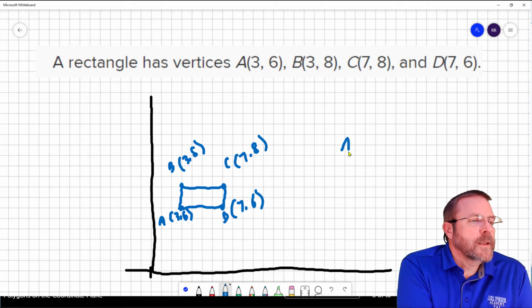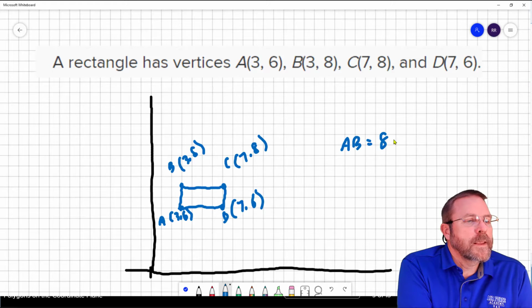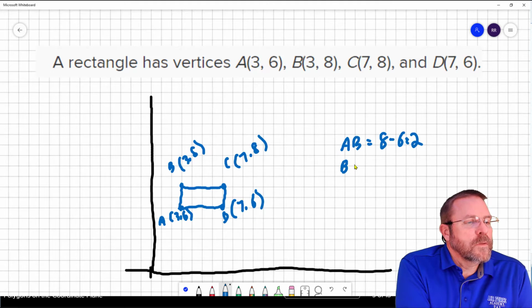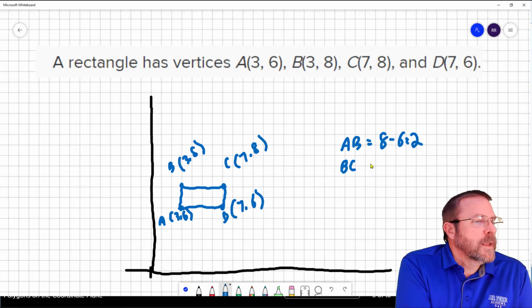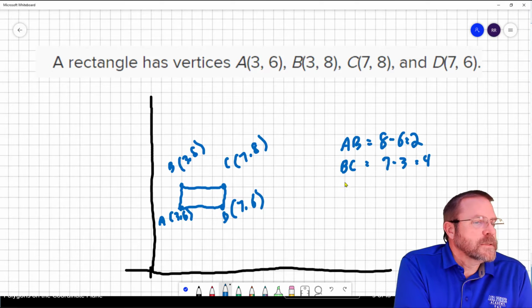So side AB, my x terms are the same, my y terms are different, so that's going to be 8 minus 6, which is 2. Side BC, the y terms are going to be the same, so that means that my x terms are different. That's going to be 7 minus 3, also known as 4. And then side